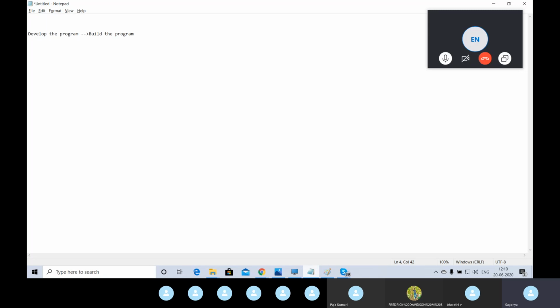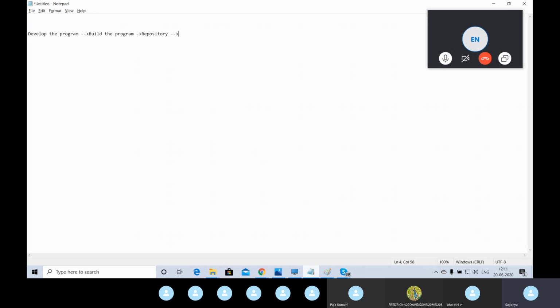Okay, first you are developing some program, then you should build the program. Then what you need to do is, first one is development management, second one is build management, third one is repository management. What is meant by repository management? You should store all your source code into the repository. You got it? That is the third stage. Guys, clear?